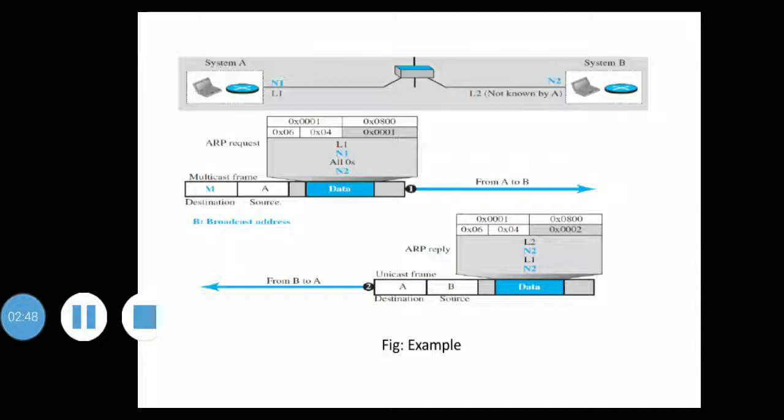So you can see there is one system A and there is one more system B, and they want to send a packet from A to B. Okay, then you can see IP address N1 and MAC address L1 of system A has a packet to send to another host with IP address N2 and physical address L2, system B. The two hosts are on the same network. Then how the ARP request and response messages are being used, you can see here.